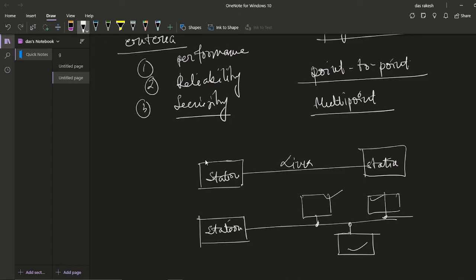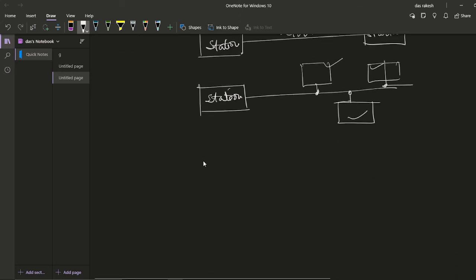Depending on this, the term physical topology refers to the way in which a network is laid out physically, and there are four basic topologies possible for the connection of a network, the first of which is star topology.